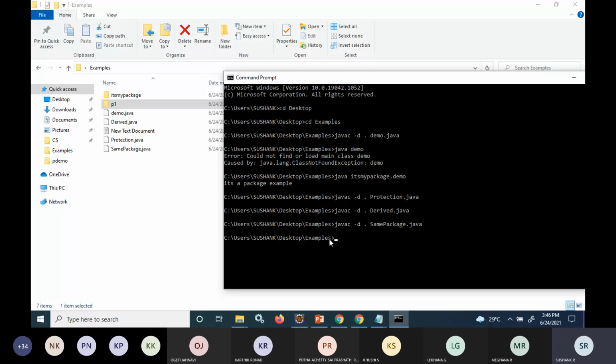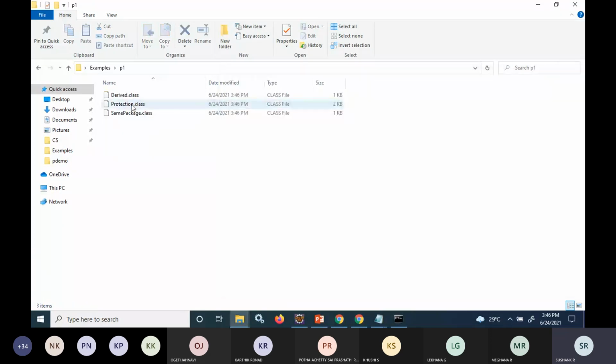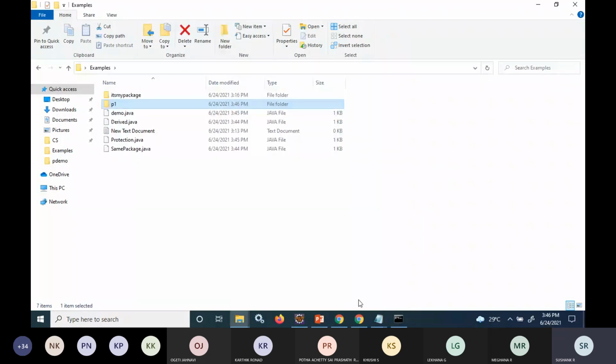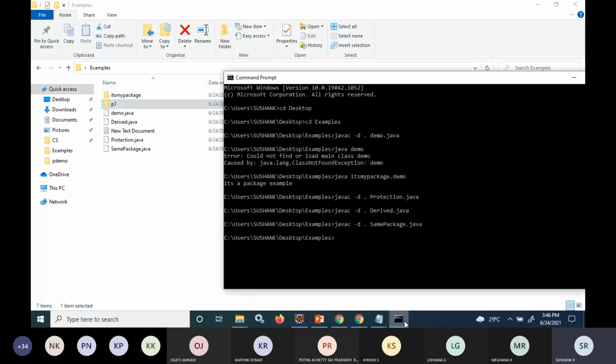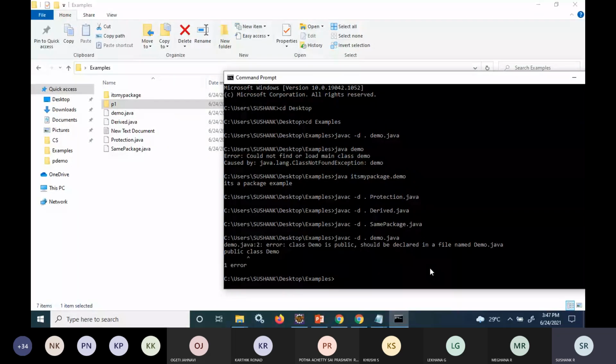Once I execute this, inside this P1, the same package file is created. So after this, the last step, the demo. The file name is demo.java. Okay, some naming issue. One second, I'll just change that.